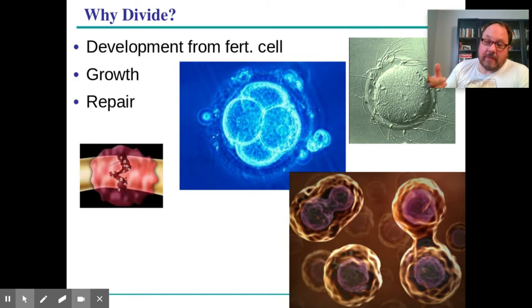Repair also tends to happen with tissues over time. Think of if you've ever had a cut, that cut heals because cell division has been prompted there, and cells replace those cells that were lost. Another important factor that we don't have on here is efficiency, right? Think of the little Indy, big Indy example. As cells get larger, volume increases faster than surface area. So cells get bigger and bigger, and the surface area to volume ratio goes down, down, down. And if cells become less efficient, they can't get rid of waste and take in raw materials fast enough. So efficiency is another reason for cells to divide.